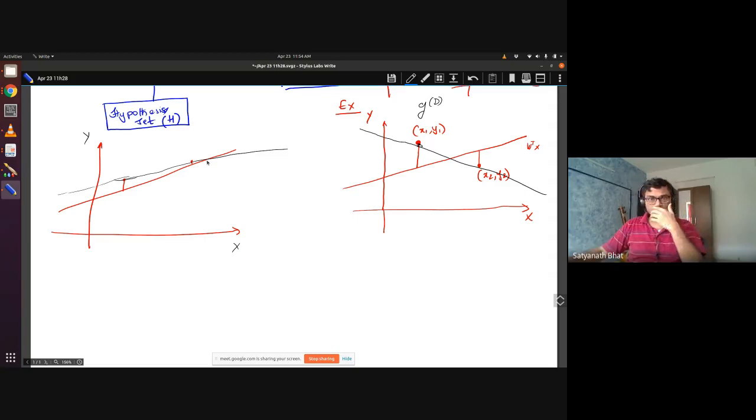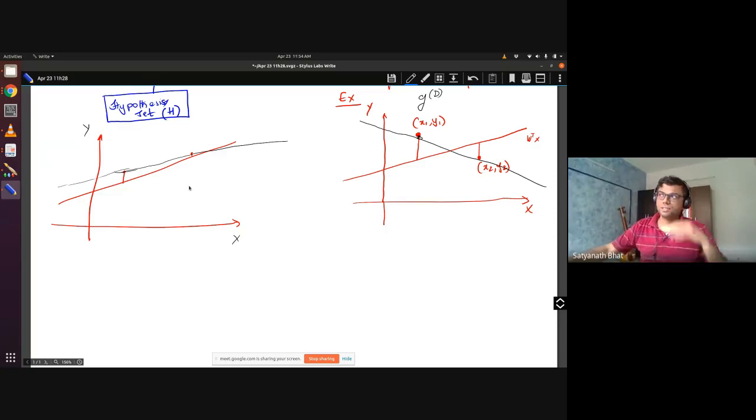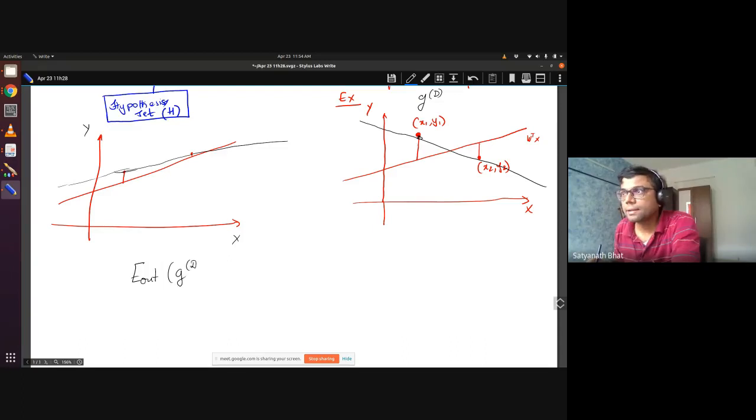So given 2 data points, sometimes it is favorable, sometimes it is not. I hope that is clear. What I'm trying to say is that if I measure E_out of g_D, remember this is the same as R of g_D. Depending upon which g_D I get, whether I get this g_D or this g_D, the E_out may change drastically. So if you want to compare 2 different hypothesis sets, it is not a good idea to just look at one particular instantiation of your g_D.